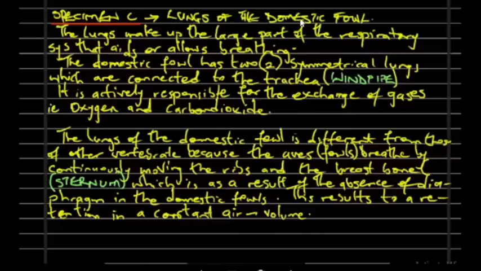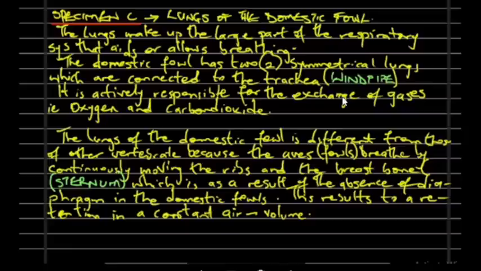Specimen C is the lungs of the domestic fowl. The lungs make up the large part of the respiratory system that allows breathing. Yes, it is responsible for carrying out breathing. The domestic fowl has two symmetrical lungs, and they are connected to the trachea, also called the windpipe. It is actively responsible for the exchange of gas. That is basically what the lungs are responsible for, carrying out gaseous exchange, that is, taking in oxygen and